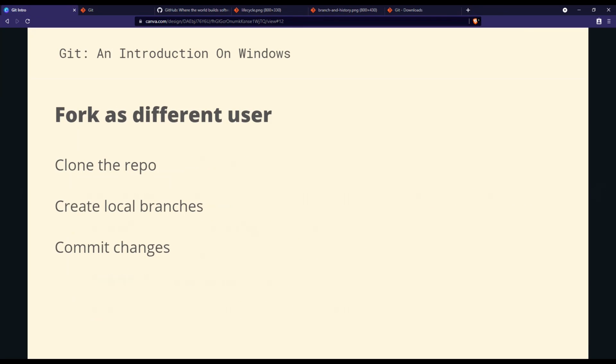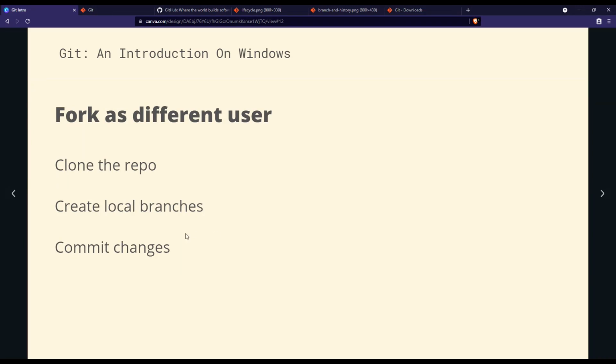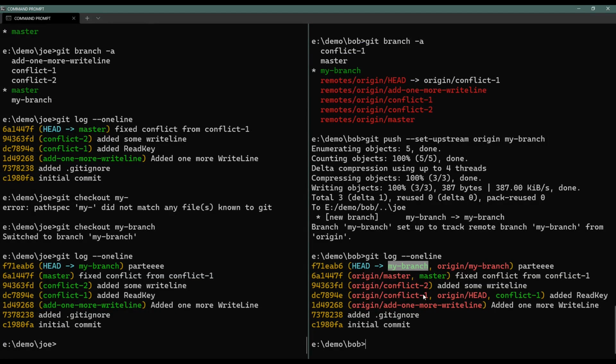Right, so yeah, I also forked the repository as a different user, and we cloned by doing git clone. We saw that we can use dot as the current directory and tell clone to clone into the current directory. I created local branches, which is my branch here, and then I pushed that back into Joe's repository. Now this is where the pull request mechanism would have come into play, because in GitHub or GitLab or Bitbucket or any other